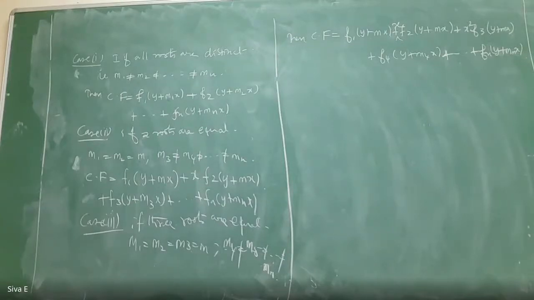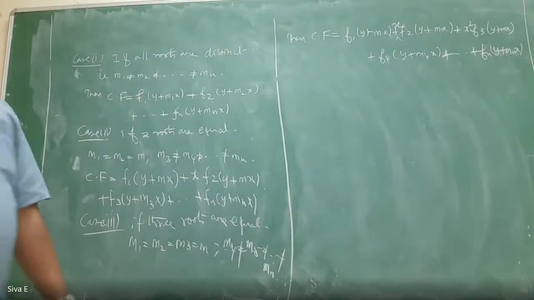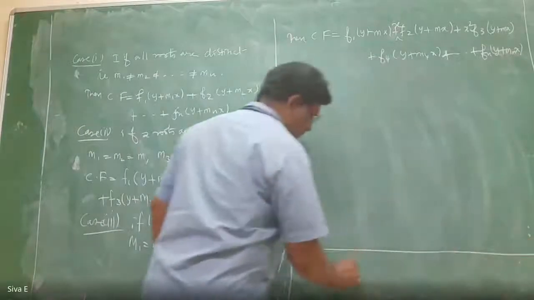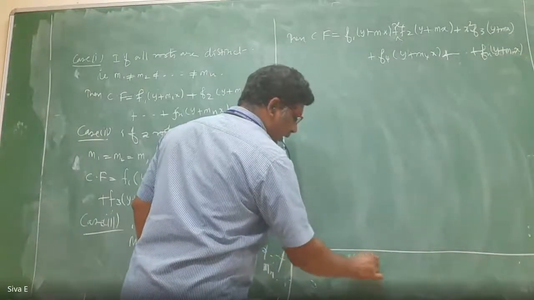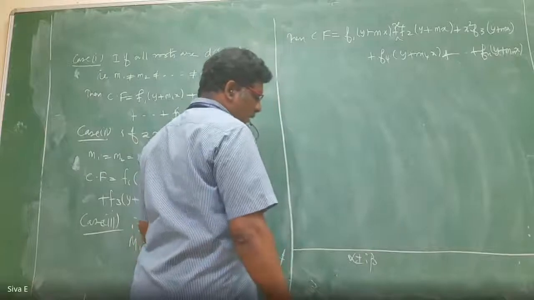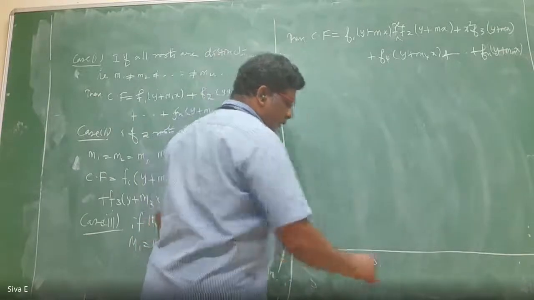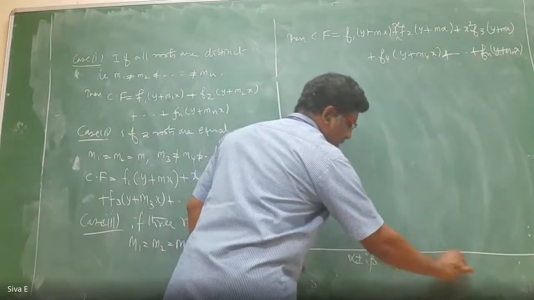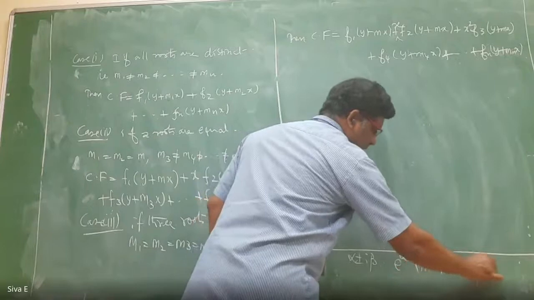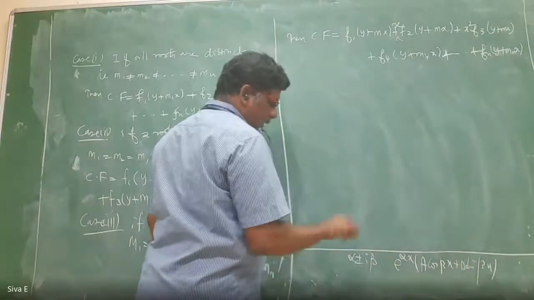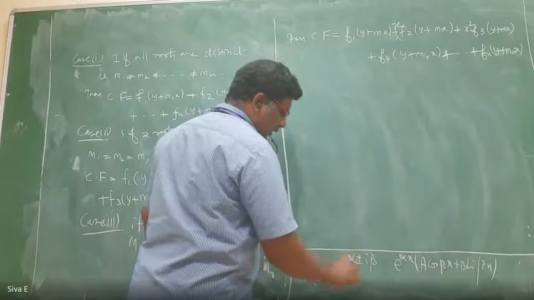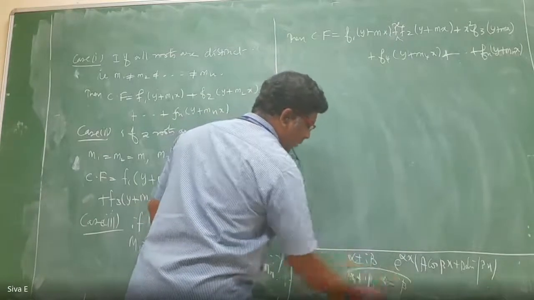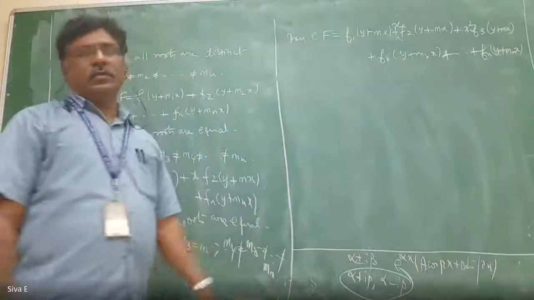Even if you are getting complex roots here, in the ordinary differential equation we solved in a different format. In case of alpha plus or minus i beta roots, in the ordinary differential equation we have written e power alpha x, a cos beta x plus b sin beta x. Actually, that is the answer for that ordinary differential equation. But in the partial differential equation, it is not the case. You have to take alpha plus i beta and alpha minus i beta as two different roots. That's all.